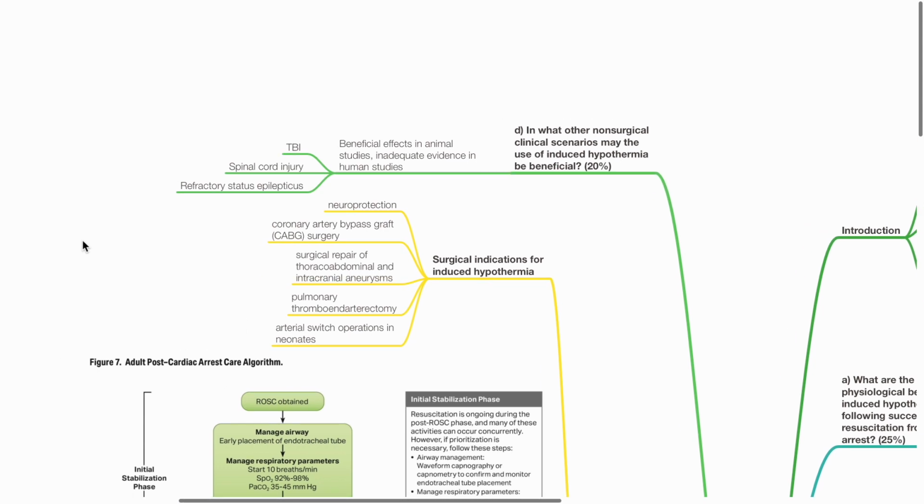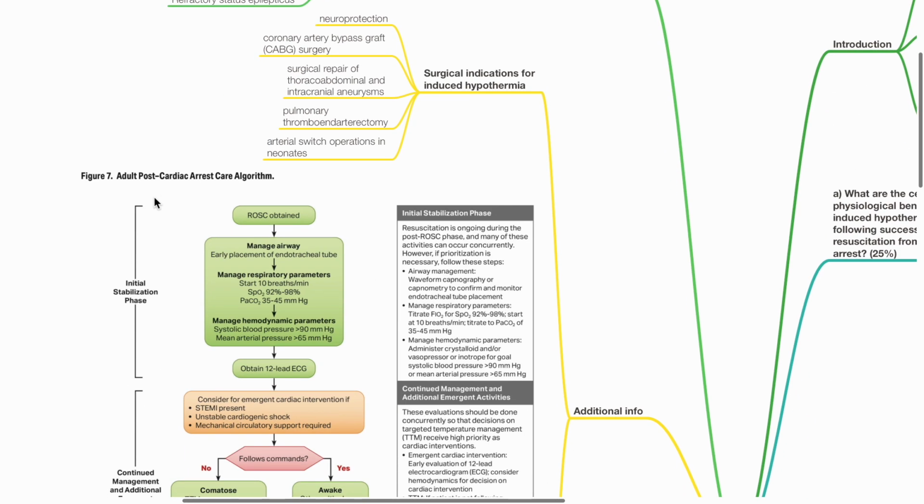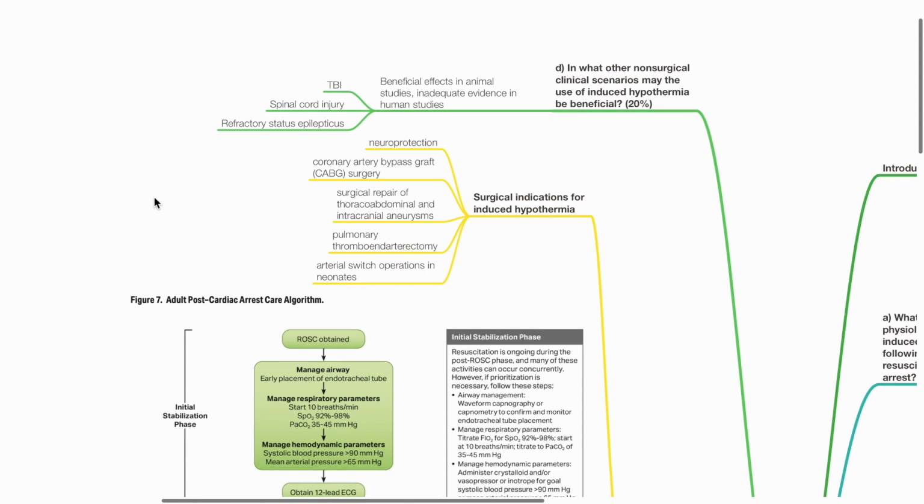D. In what other non-surgical clinical scenarios may the use of induced hypothermia be beneficial? Beneficial effects have been shown in animal studies when induced hypothermia is applied to patients with traumatic brain injury, spinal cord injury, and refractory status epilepticus. However, there is inadequate evidence in human studies. Additional information. Surgical indications for induced hypothermia include neuroprotection, CABG surgery, surgical repair of thoracoabdominal and intracranial aneurysms, pulmonary thromboendarterectomy,